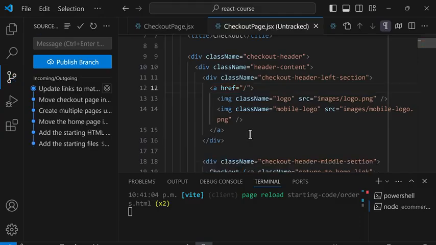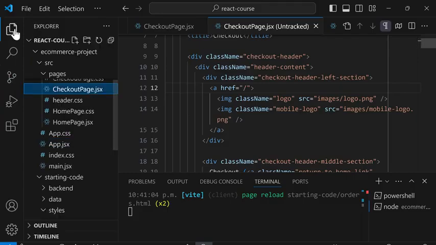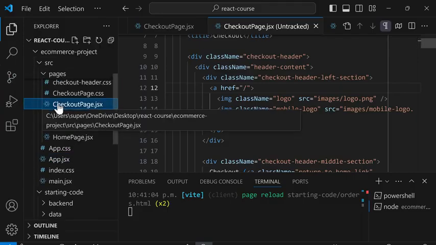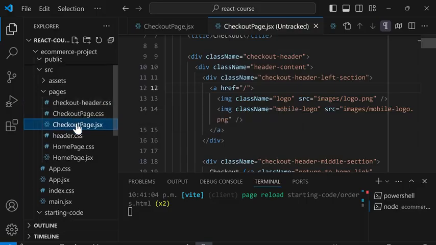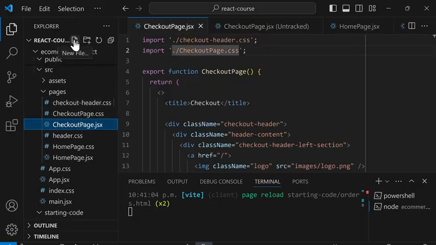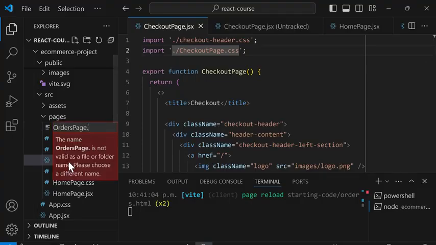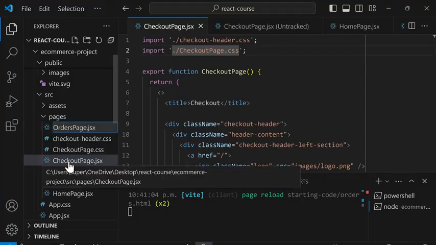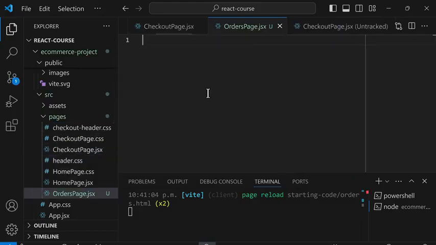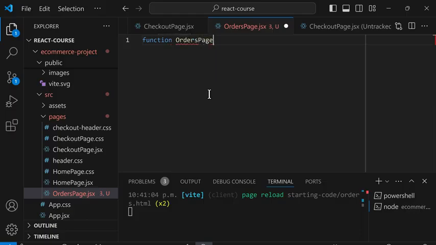Next, let's move the orders page into our React project. Feel free to pause the video if you want to try it yourself first. So we'll go back to our files, and first, let's create a component for the orders page. Inside the pages folder, we'll create a new file, and we'll name it orders page.jsx and press enter. And inside here, we'll create a component, function OrdersPage, brackets and curly brackets, and we'll